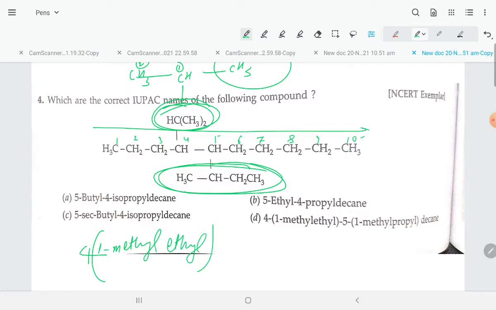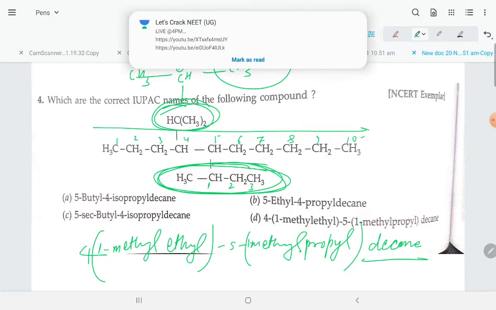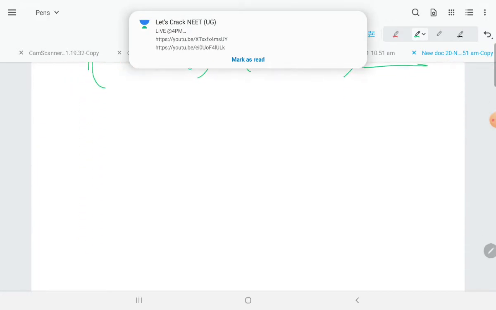This bracket is closed. Now again, when this is there, this carbon will be 1 2 3. So that is on the 5 position, friend. On the 5 position again it is going to be 1 methyl, and then propyl, and then you write the word root, student, which will be decane. It is of course a little tough, student, but when you practice this compound, it will be easy.